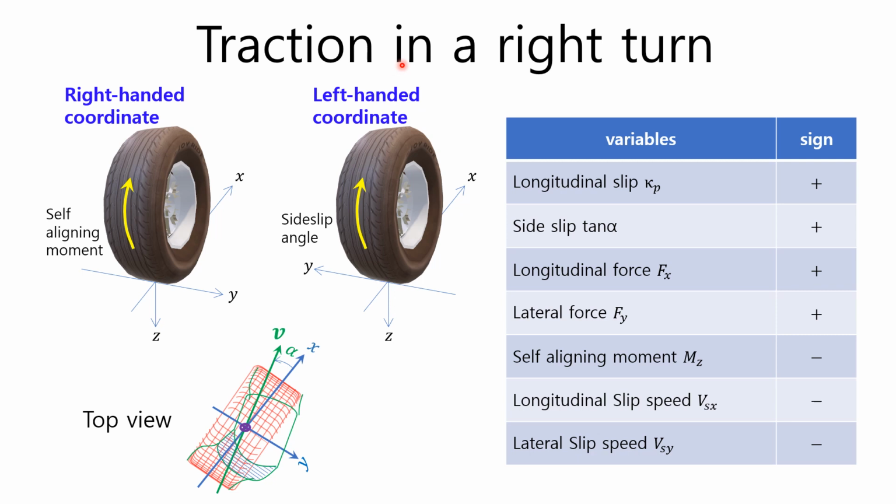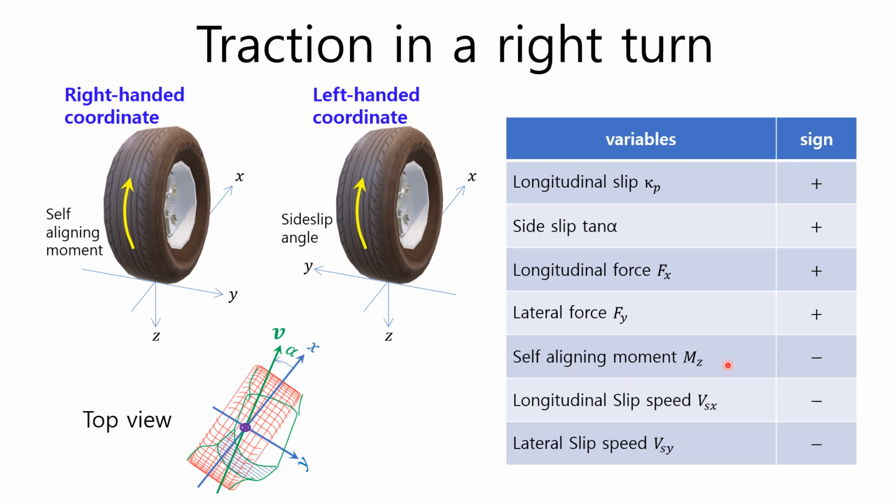This time, let's look at traction in a right turn. The practical slip of traction kappa p is positive, and since according to the left-handed coordinate system, the steering angle of a right turn is negative, consequently, the side slip has a positive value opposite to that. The traction force Fx is positive, and the lateral force Fy is also positive when turning right. The self-aligning moment Mz is